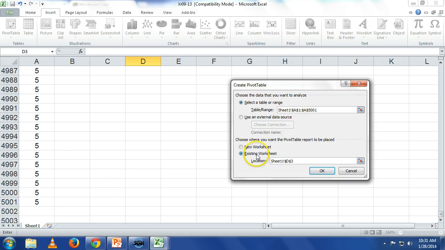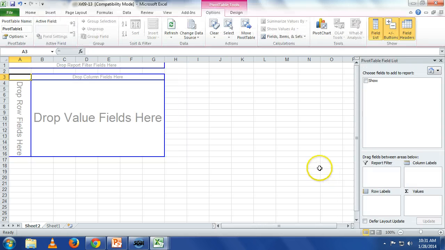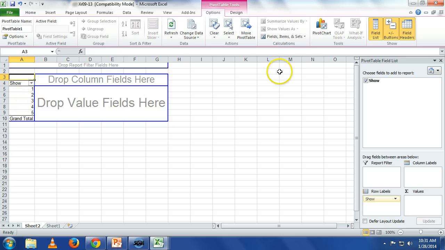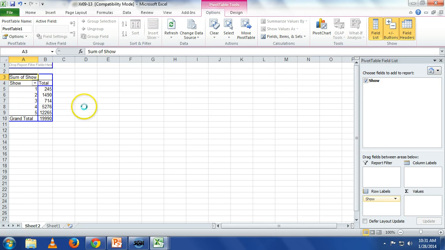I want to put my pivot table in a new worksheet. I click OK. Do you guys remember how to do this? How would I get the number of 1s, number 2s, number 3s, number 4s, number 5s? I could simply drag Show to the row fields area, drag Show to the value fields area, and